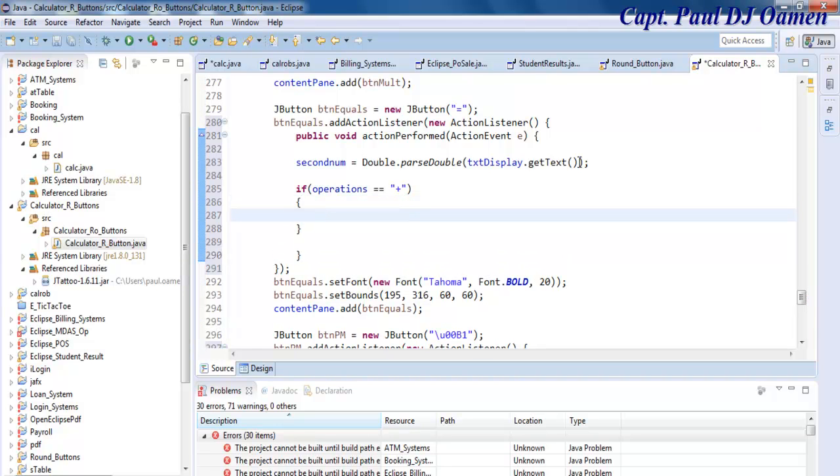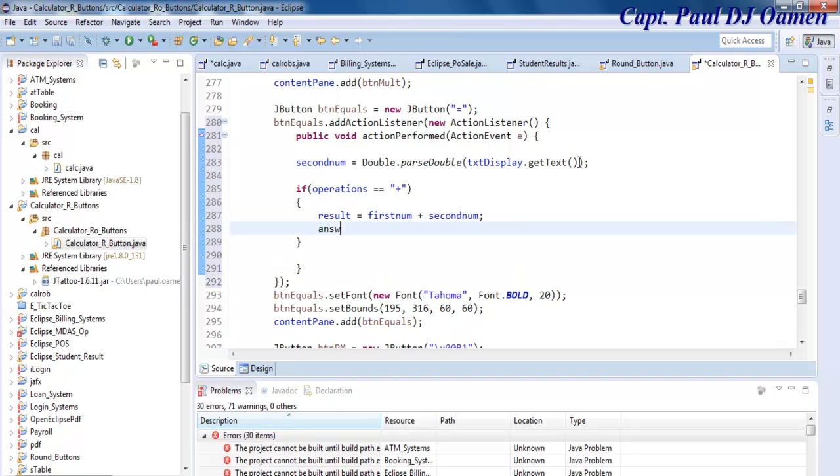Right. So if operation equals plus, that will be result equals first number plus second number. Right. Then in that case answer